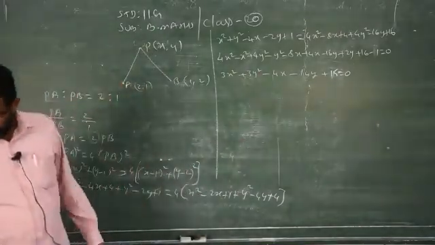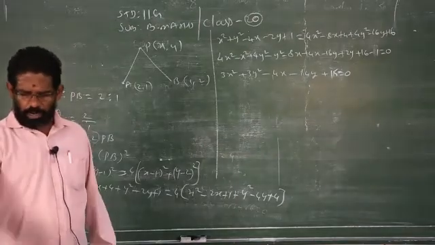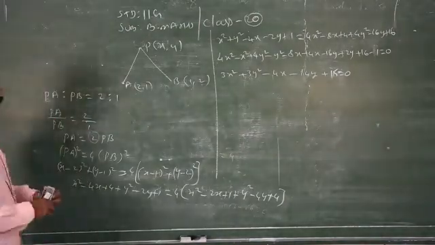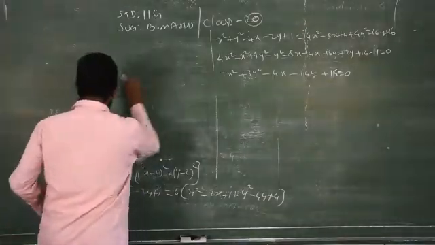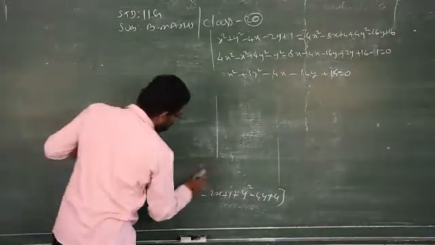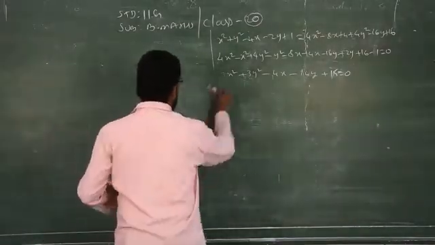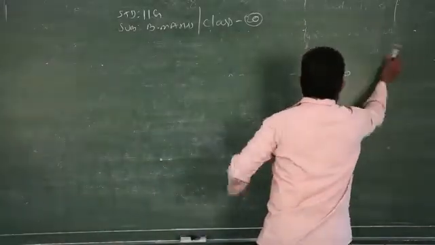So question number 4, I have given half of the problems. I will do half of the problems, and the remaining you have to do at home. Only the distance formula. You have to memorize the distance formula as well as the identities: a plus b the whole square, a minus b the whole square.